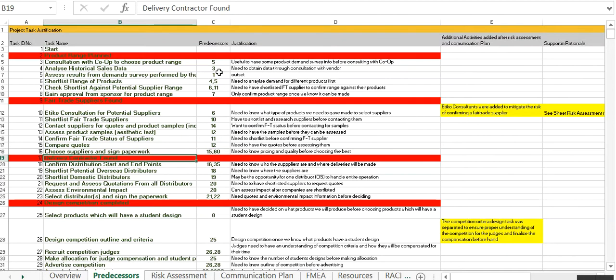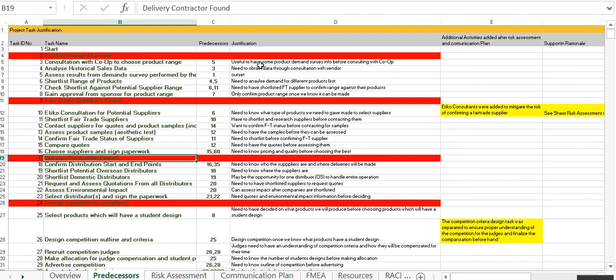We've also got the predecessors. As we remember, we developed this after we've done our initial work breakdown structure. Then we looked at the different tasks and we established what the predecessors are, and we have a short justification on the side. The reason for having the justification is that it's not just one person who's looked at this. It means everybody in the project team has gone through, ticked off the justification, and feels this makes sense from a